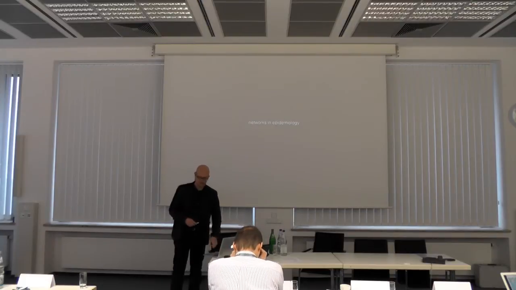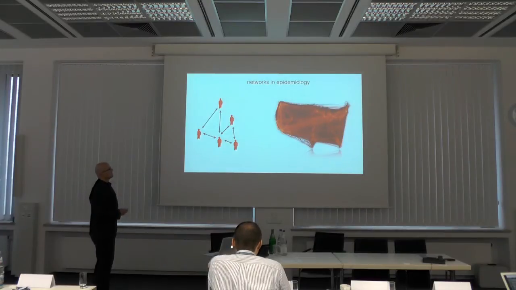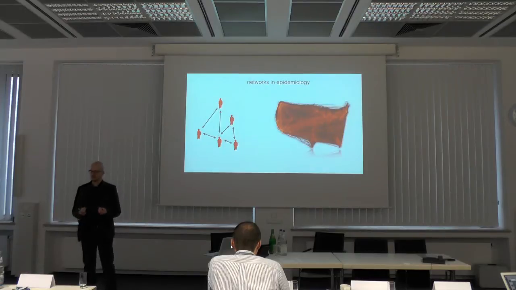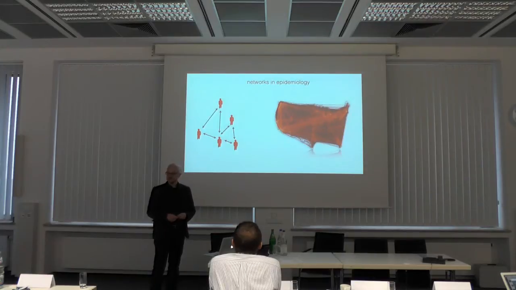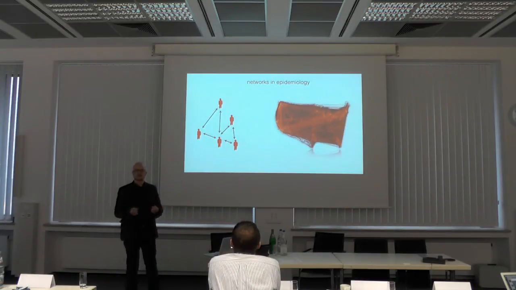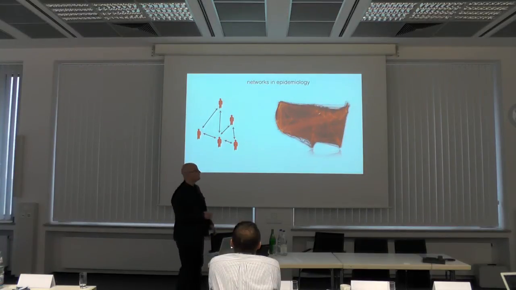Most of the things that we do is we deal with networks in epidemiology, and there are different types of networks. They're essentially two different types of networks. Networks could be interaction networks or communication networks between individuals, where the individuals are the nodes, and their contact patterns, for instance, are the links in the network. But there are also other types of networks, like these mobility networks, where the nodes are locations somewhere, and the links quantify the amount of people that go between two locations. Okay, so keep that in mind. We'll be focusing on these types of networks.